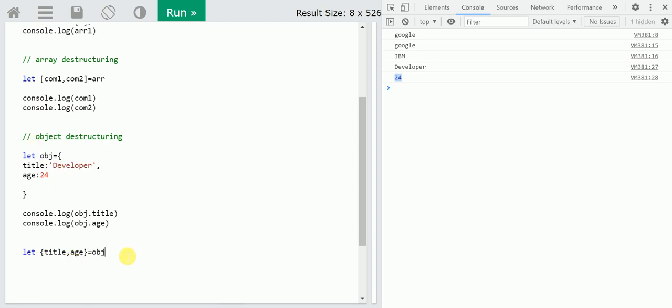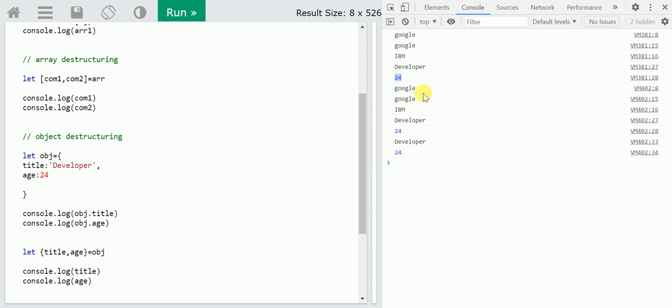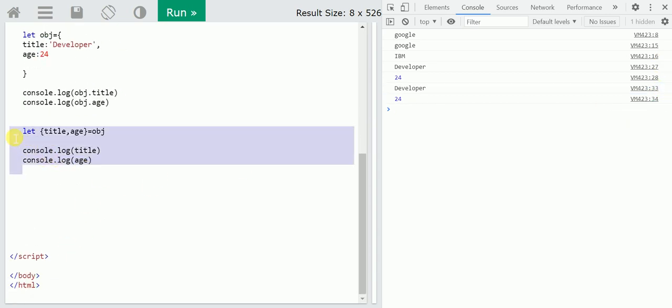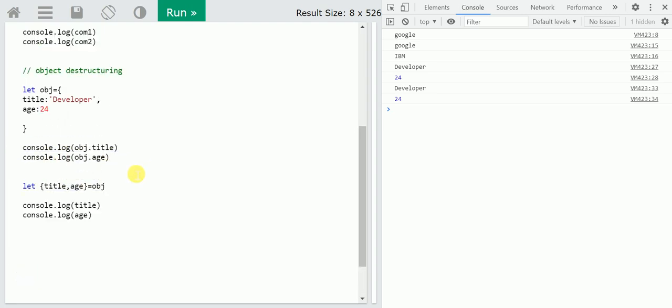Now it's time to print our values with console.log, title, and age. First of all clear this and run it, and the last two lines, 33 and 34, show developer and 24. So this is coming from object destructuring.